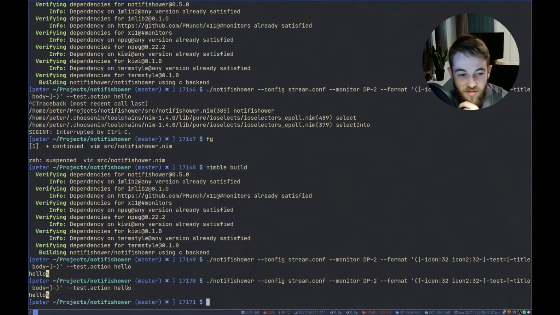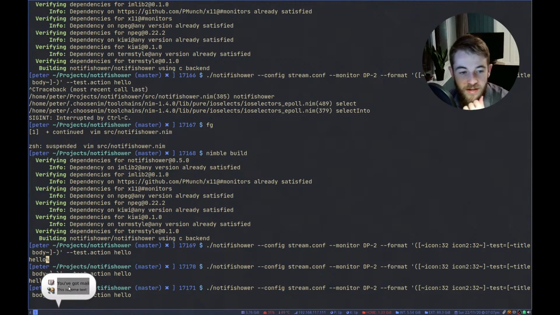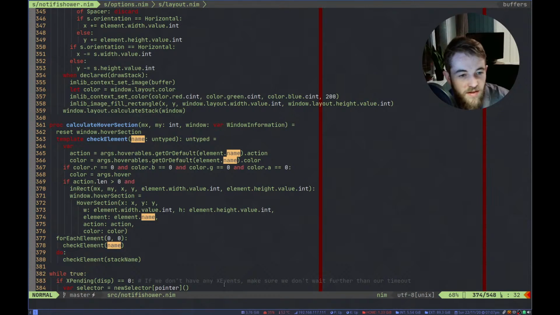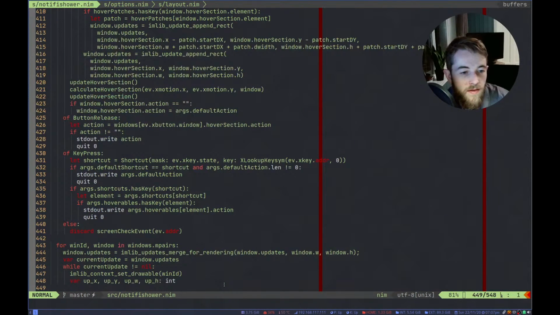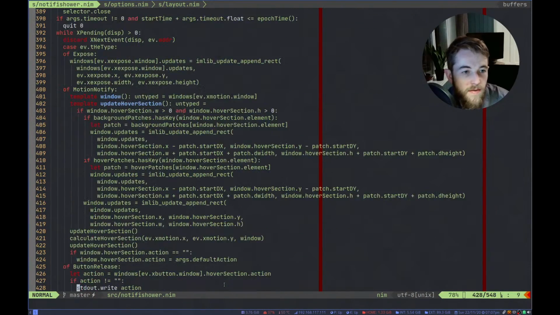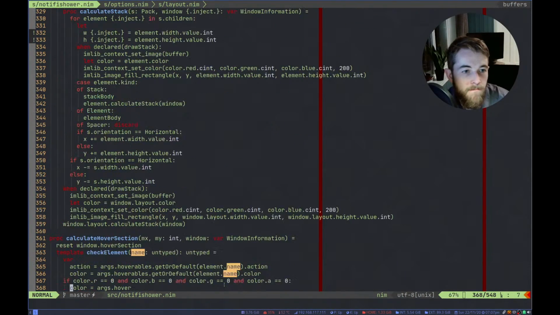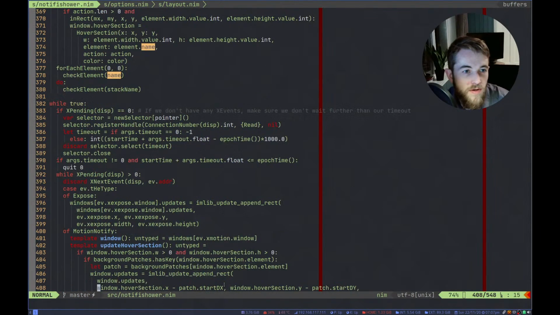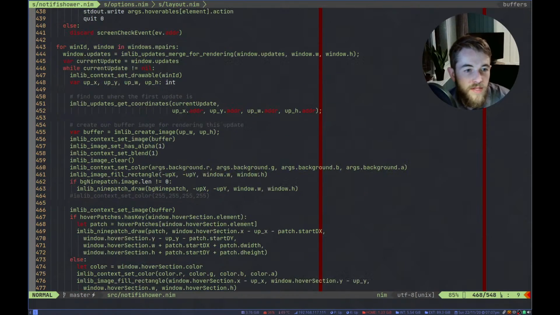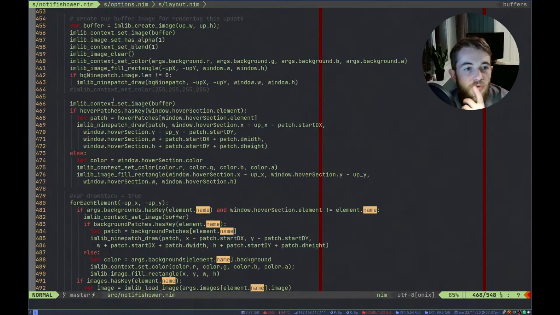So now we can hover and click on stacks of things, not just the things themselves. That means that we now have hover sections for stacks. This means that we need to be able to draw some stuff.